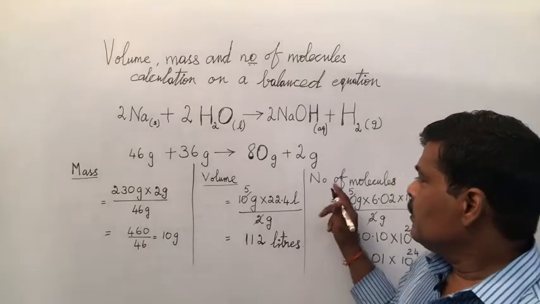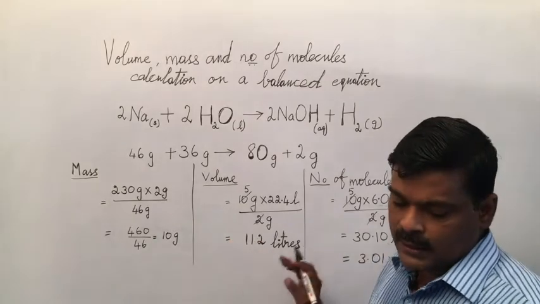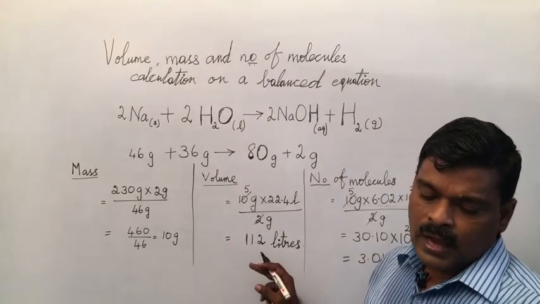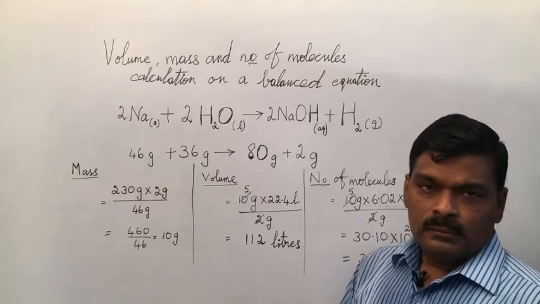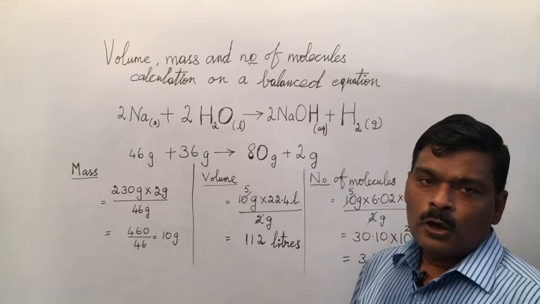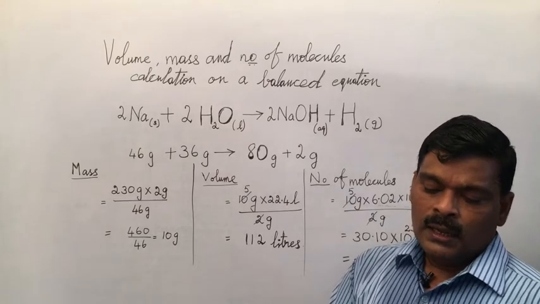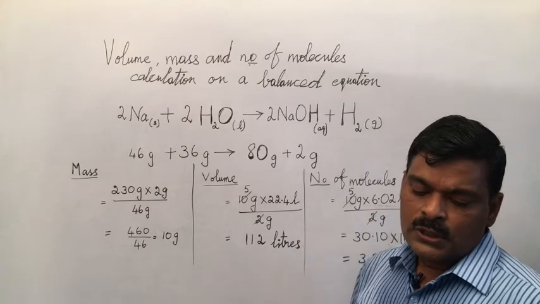Next, we are going to understand the number of molecules present in that hydrogen. According to Avogadro, any gram molar mass will contain 6.023 into 10 power 23 molecules. So this is the Avogadro value. Using that,